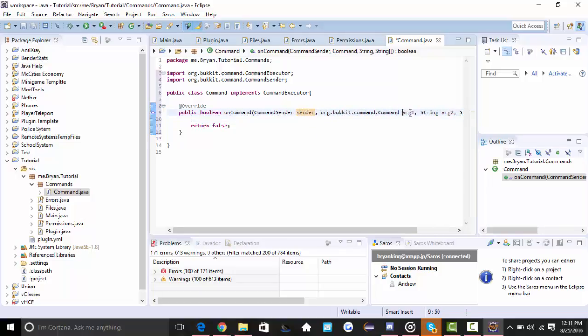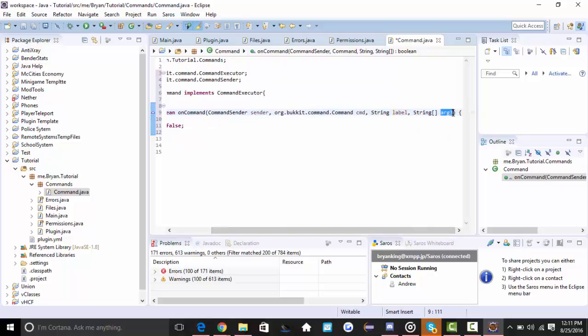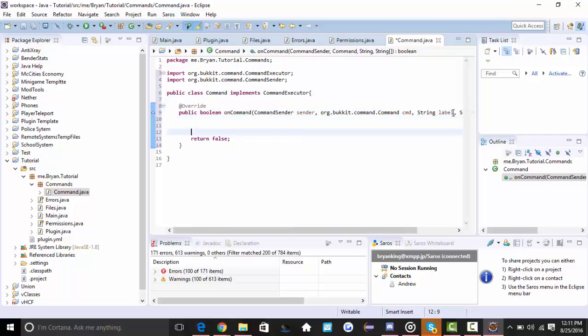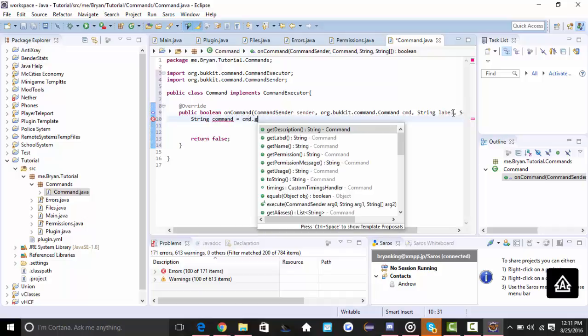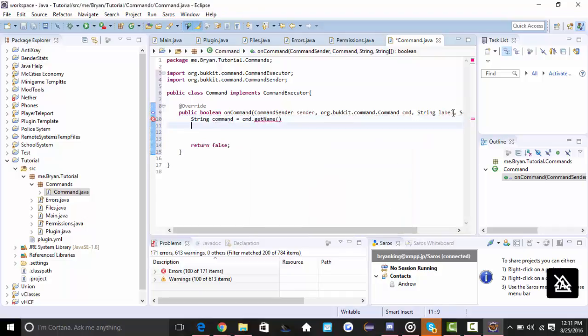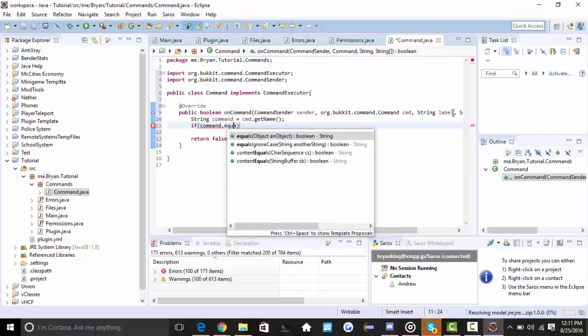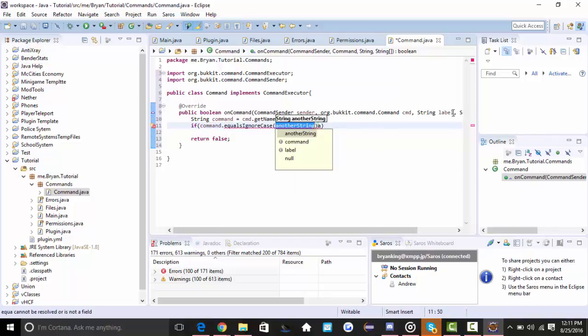Sender, command, label, and args. Okay, so awesome. I'm going to make a new string, and this is going to be called command, and this is going to be equal to command.getName. So that way I don't have to put command.getName every single time. And I'm going to do if command dot equals ignore case. Equals ignore case. I'm just going to put command,